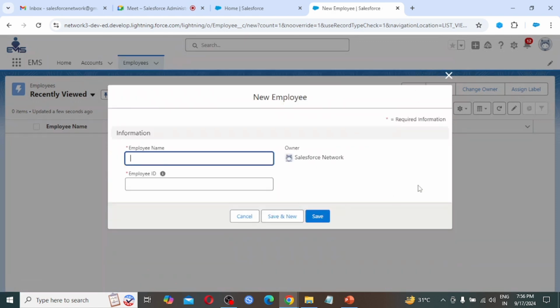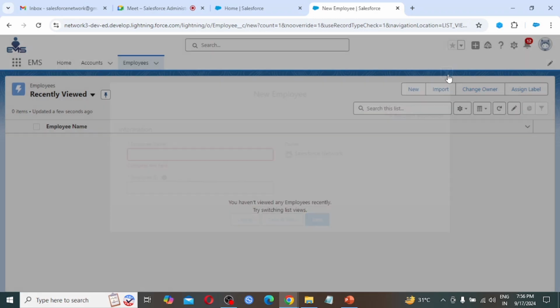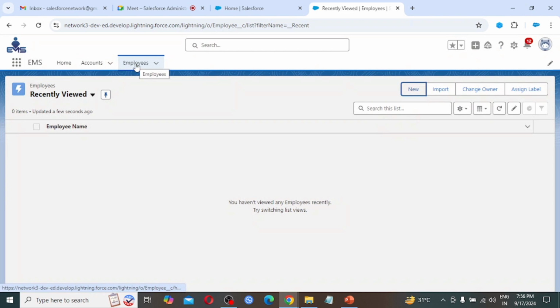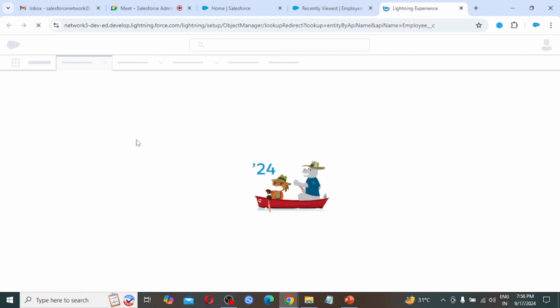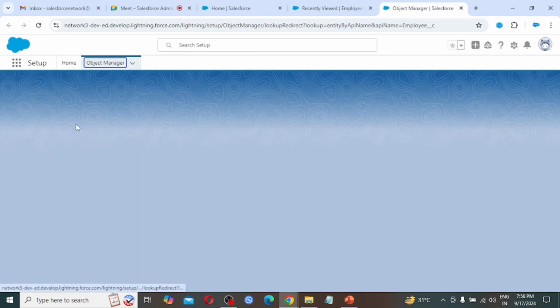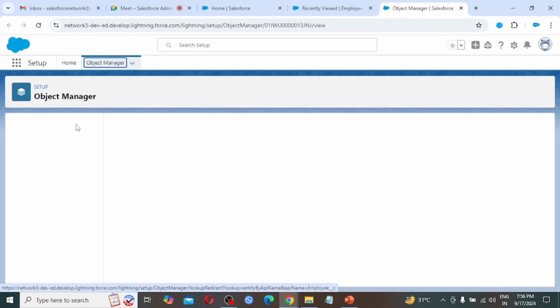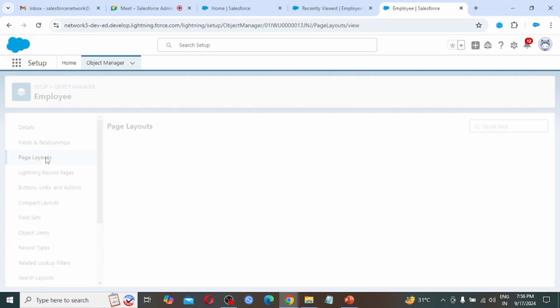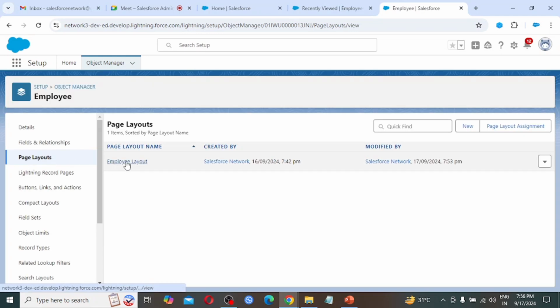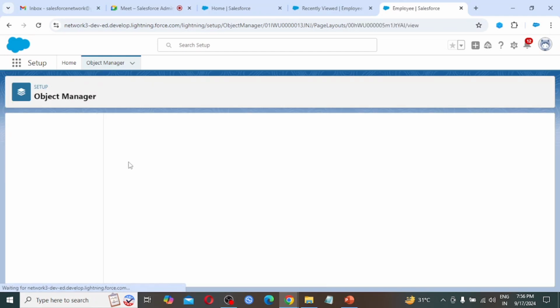So still it is not populating the field names, as we can cross verify while clicking on employee. So click on edit object. We can verify from here. Below fields and relationships, we are able to see page layouts. Click on this. There is an employee page layout. Click here.